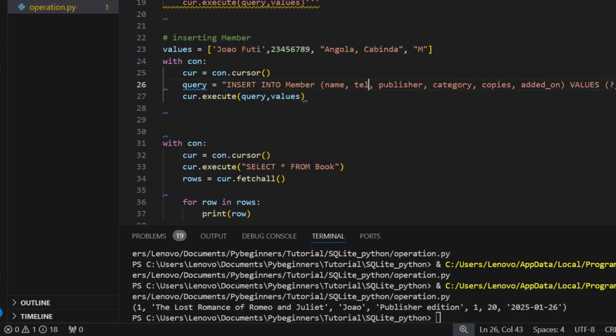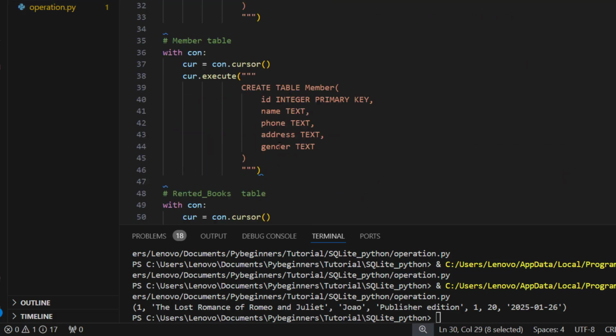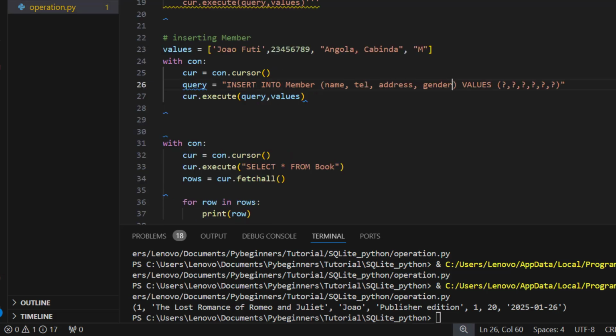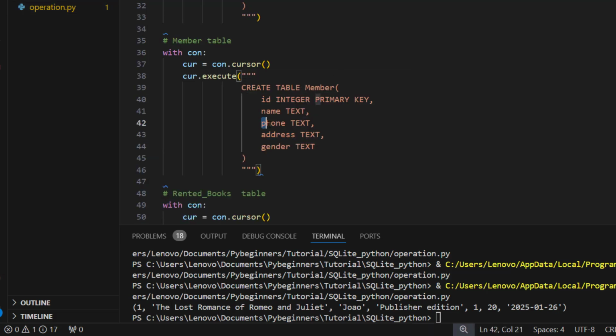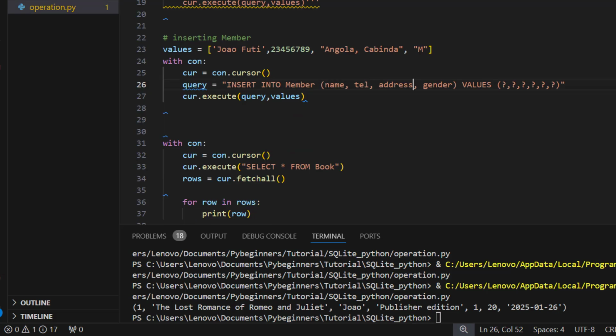Okay, which is tel. Let's give the address this way, and after this address it will be gender. Okay, gender, I think it's gender that we wrote now. Let me see, gender, address, address, I think I put some mistake. Address, address correct, and this is phone, it's not see, I made a mistake. Okay, phone,